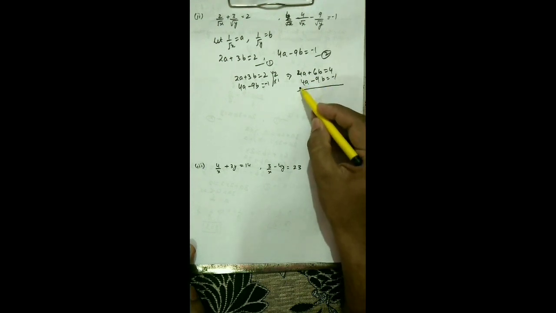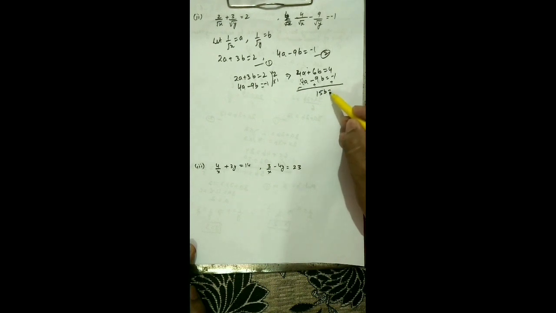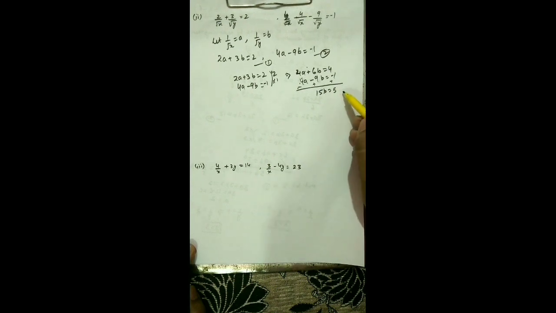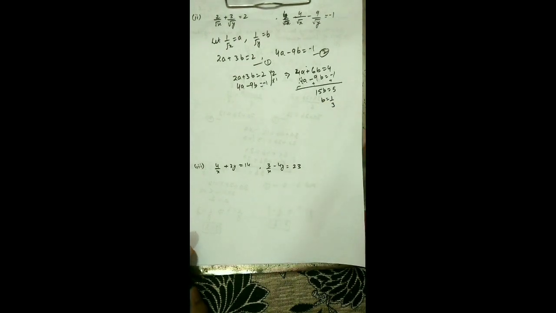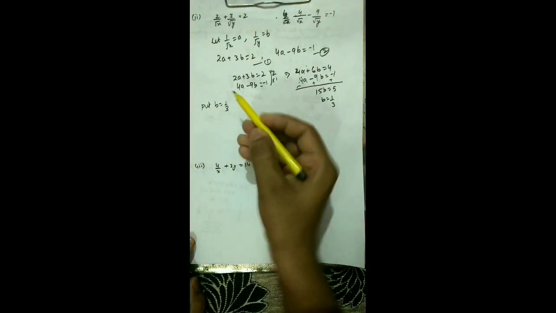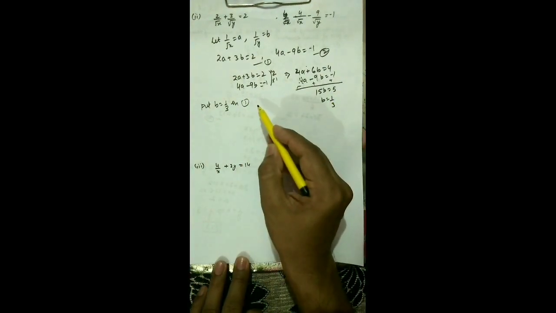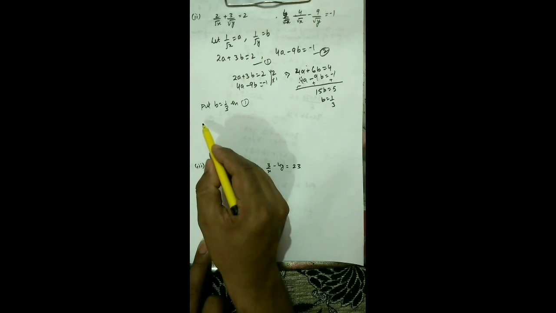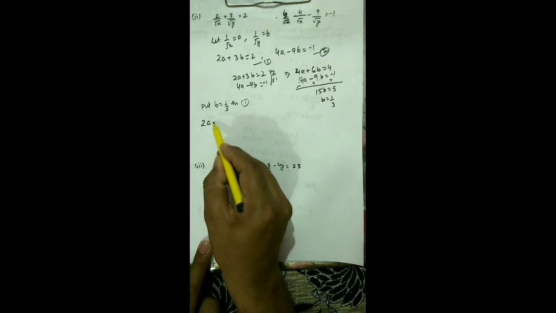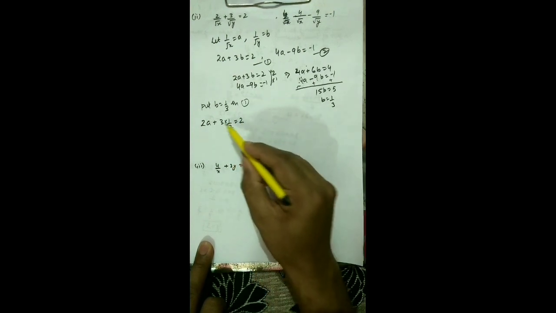So you do the simplification, minus, this is plus, this is plus, so now the 4a will get cancelled. And 6b plus 9b is 15b, and this is 5. So b value will be 1 upon 3, 5 upon 15 is 1 by 3. So now we'll put b equal to 1 by 3 in equation 1. We substitute, so let's see what comes. So if I substitute in 1, then I'm going to get 2a plus 3 into 1 by 3 equal to 2. So you can simplify this to cancel.